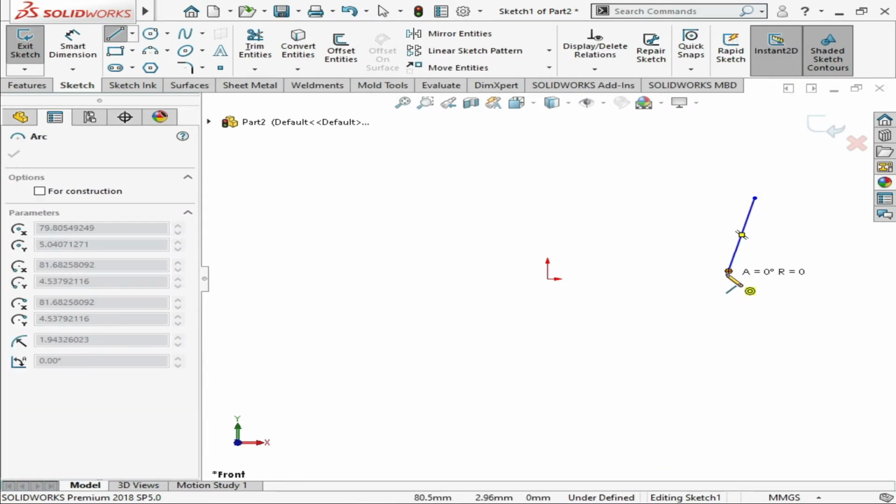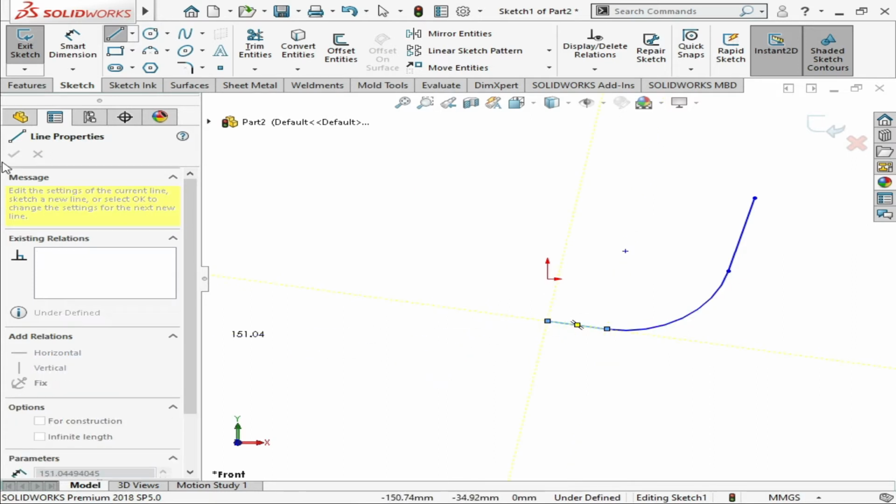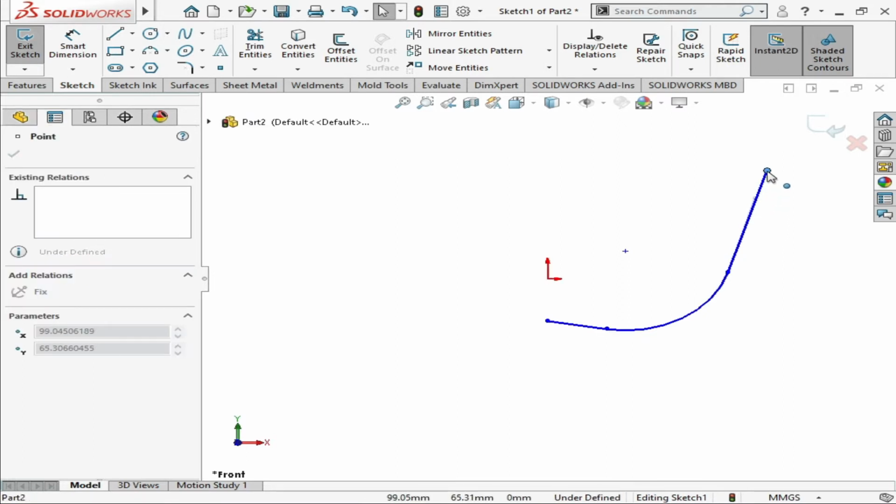When you go back to this point, as you can see, this line has been changed to a curve. You will move this curve a little bit down, and after that click here and click up to the center point. As you can see, a dotted line is showing. Click OK and press escape. If you want to increase the height of the chair, you can also increase it by simply stretching it. I think that's enough.